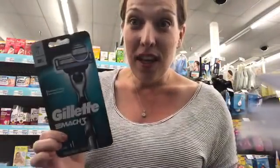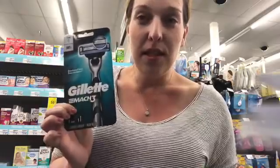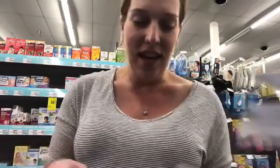And just a little plug-in, this razor is awesome. This is my new favorite razor that I use personally for myself, and I love it. And then go ahead and pick up 2 of the Gillette Venus shave gels. So my store has them priced for $3.99 each, and you can include shave gel in this spend 25, get 10. So your total is going to get to $25.56, and then you can go ahead and use 2 of the $1 off 1 coupons for the shave